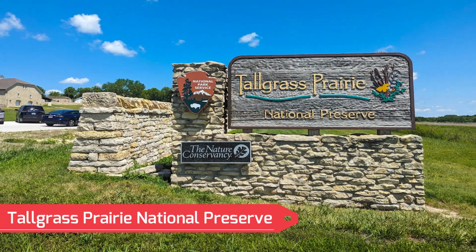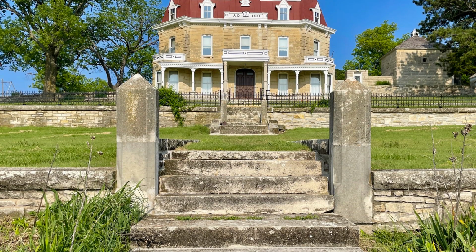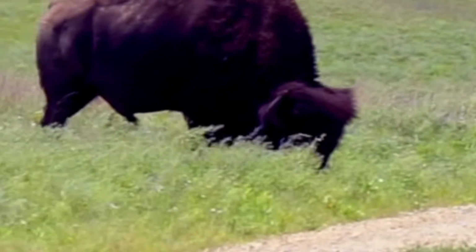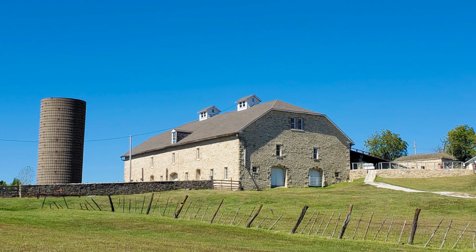Number 2. Tallgrass Prairie National Preserve. Tallgrass Prairie National Preserve in Kansas is a premier destination to experience one of the last remaining expanses of native tallgrass prairie in North America, spanning nearly 11,000 acres in the Flint Hills region. It offers a unique blend of natural beauty, wildlife, and cultural history, making it one of the best things to